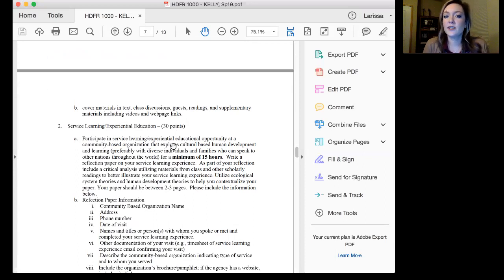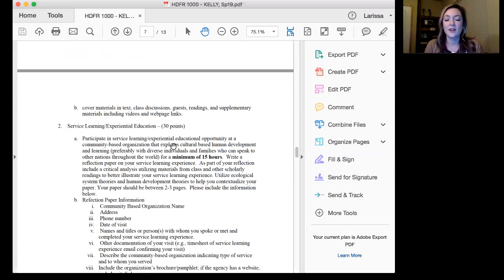We ask for students to participate in a minimum of 15 hours of community service hours. And this is open to whatever you want to do, whatever population you want to serve. We do ask that it's a human population. So, for example, volunteering at a dog shelter would not count.